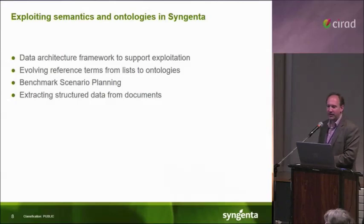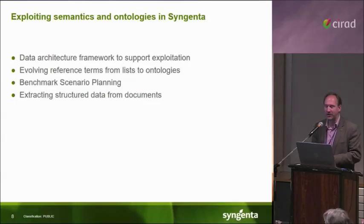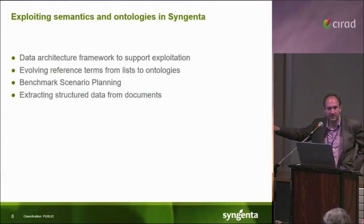So I'm going to give you a description of four patterns or things that are starting to make a difference in Syngenta. I don't by any means want to leave you with the idea that we are the most forward-thinking and progressive organisation. We are certainly trying and moving forwards, and I think we probably share some of the frustrations that other people do. But I just want to talk about these four things: a data architecture framework to support that